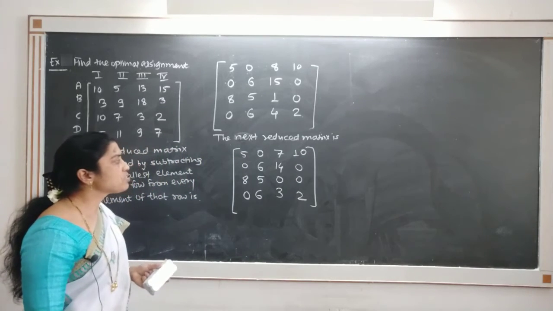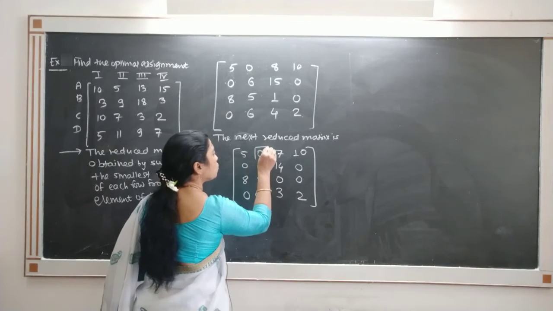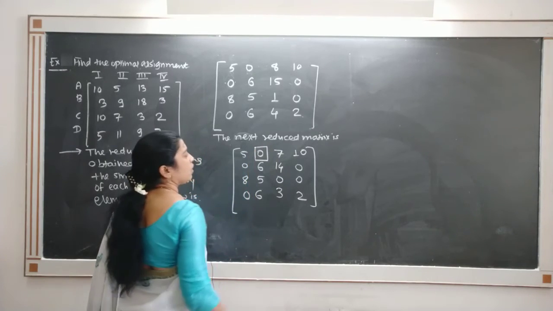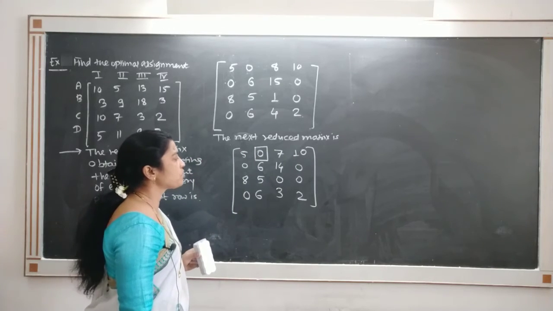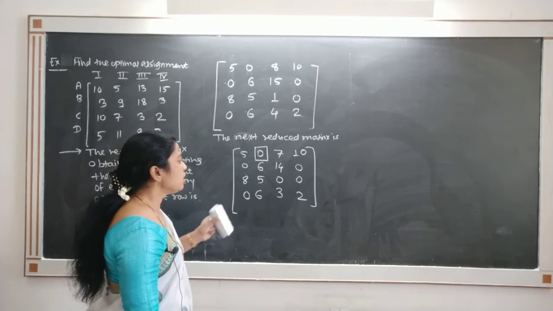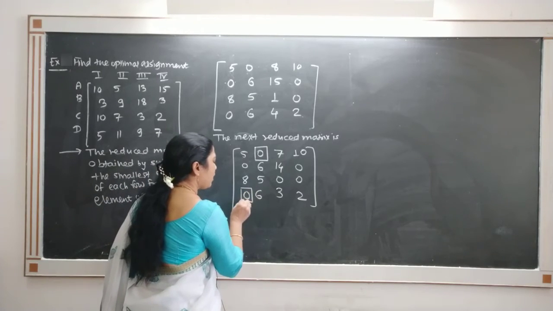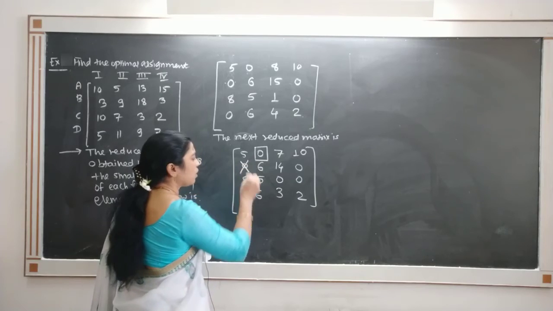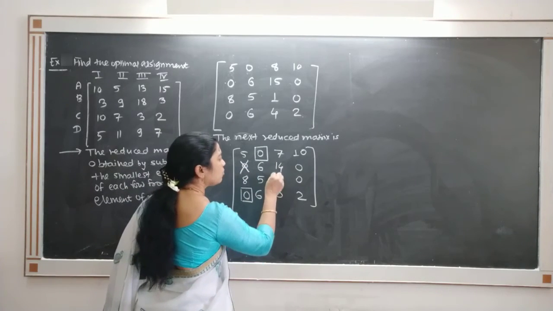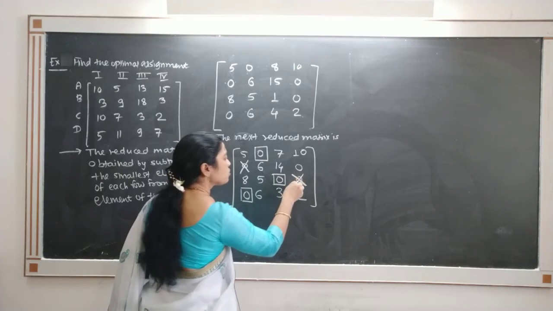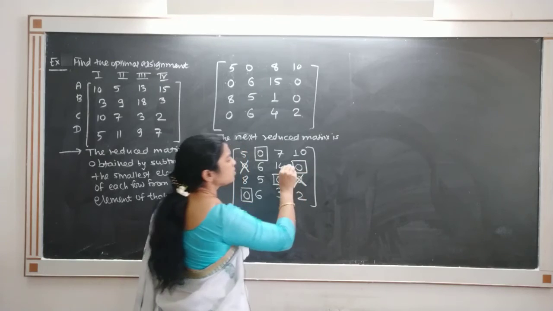Now search for a single 0. A single 0 appears in the first row. So box that. There are no other 0s in that row or column. Now search again for a single 0. A single 0 is in the last row. So box that, and at the same time cross out the remaining 0. Now a single 0 is in the third column. So box this and cross out the remaining. And now a single 0 is in the second.